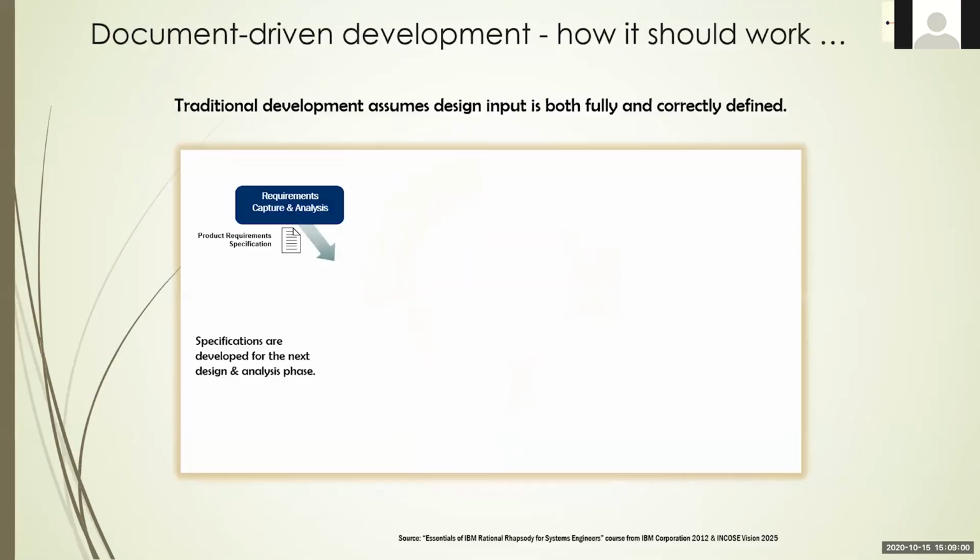Now, let's walk through the development cycle. Let's take a moment to go through it. We are going to represent one view of this development cycle that is called the V model, and I'm going to explain why we call it the V model. Let's see how it should work in the ideal world.